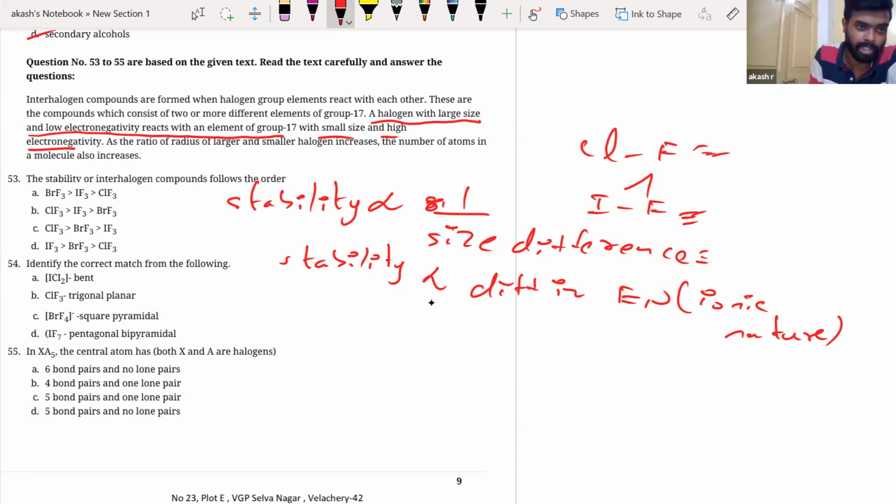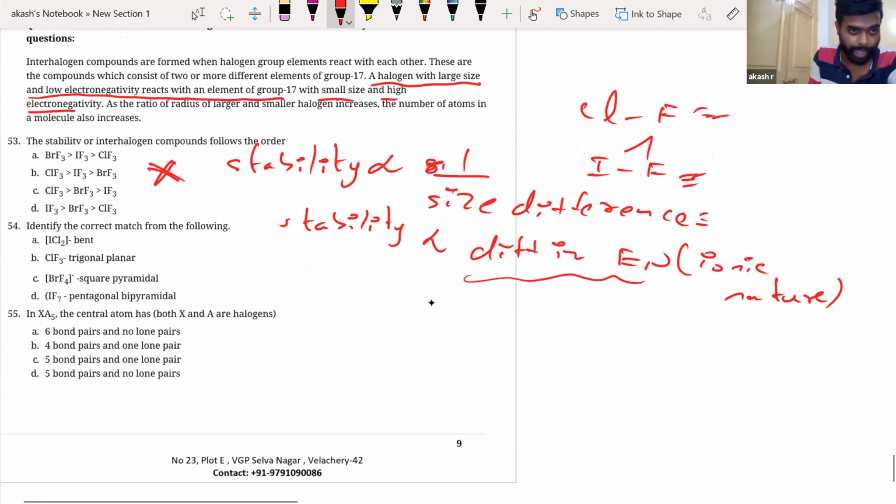This question I'll clarify. How are you going to go about this? Because you will have, say, smaller cation and smaller anion, more stable. And with difference in electronegativity, more polarity comes into the picture, more ionic nature, and more stability will come. Let me clarify this. Moving on to the next one.